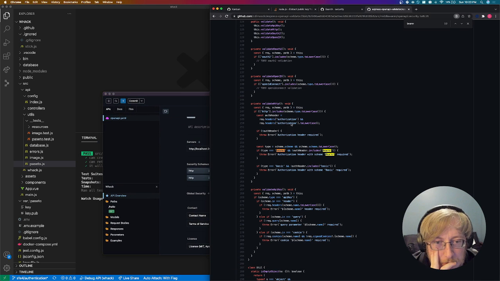Yeah, so see when this comes through and validates this HTTP, it's really only looking in the auth header. API key would be what we would want to use, but